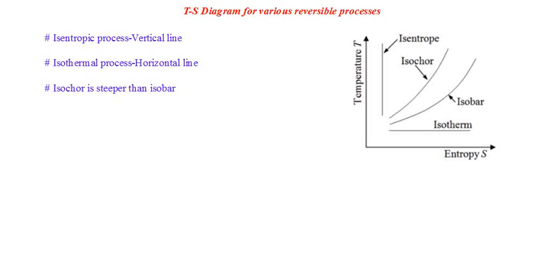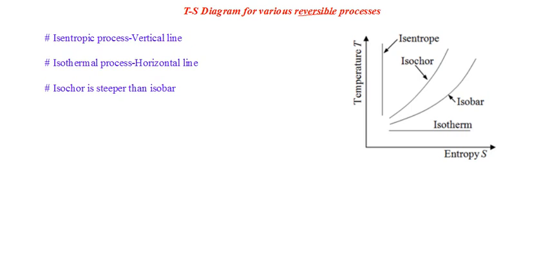So let's start with the TS diagram for a reversible adiabatic process. Remember, all the discussions and graphs we are doing are for reversible processes, that is to be taken care of. So the reversible adiabatic process, we have seen, is a special process of our interest when we learned about entropy.